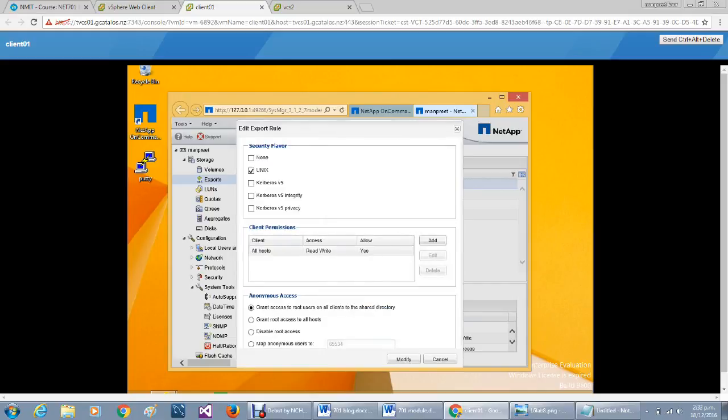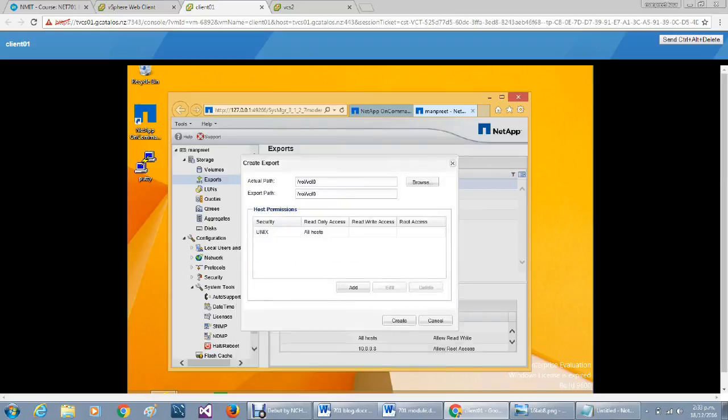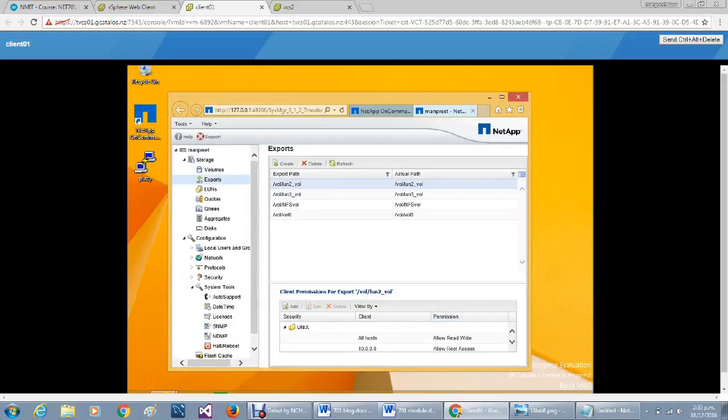Here we select All Users and then Edit. Here we assign Change only, Read only. Then click on Save, then Modify. Then we click on Create. As I have already created it, we can say that the NFS volume is created.